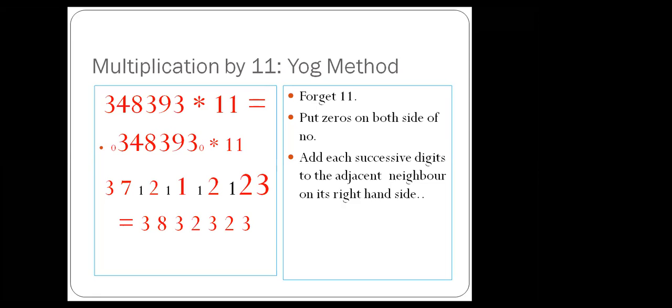Okay. So what we have done till now, very simple. We have just put zeros on both the sides and we have added each digit with the next digit. So that we have written like this. Now suppose a carry is generated. So you have to remember that this is Corona time. Each number wants to remain alone. So this number will be added with the next digit. 7, 1, 8, 2 plus 1, 3, 1 plus 1, 2, 2 plus 1, 3, and 2, 3 will be written as it is.